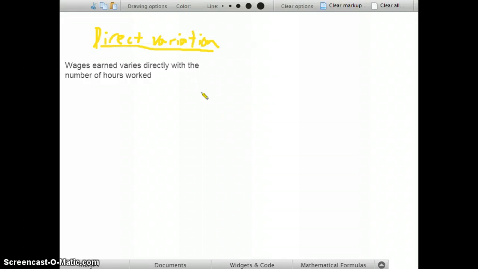Okay. Right now we'll start with direct variation. And direct variation is just that. This is how it goes. The formula is y equals kx. Now, for direct variation to exist, there must be a direct relationship between the two things that you're talking about. They must also be directly proportional, which would make them good for direct variation. And this is basically a tool that you can use in algebra to solve many problems,